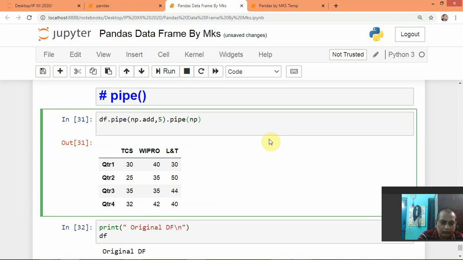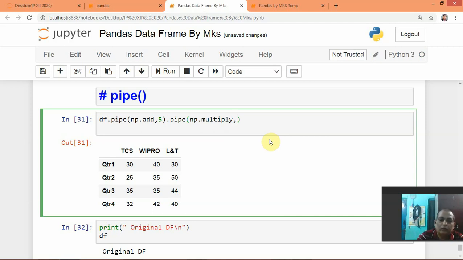So np dot multiply. You see, with pipe the function does not have the argument in parentheses, rather it has the argument after a comma, because np dot multiply is pointing to the data frame and the comma value is applied on that data frame.